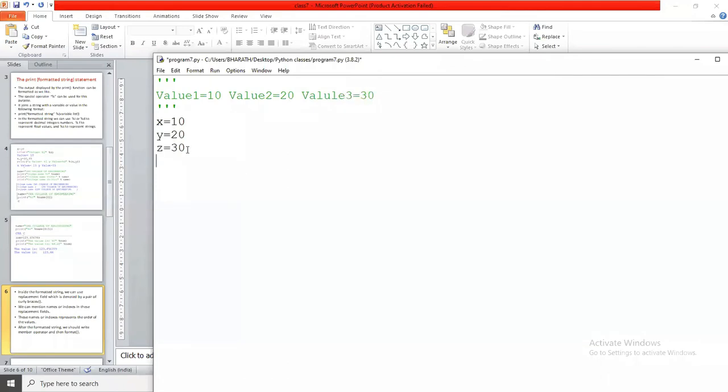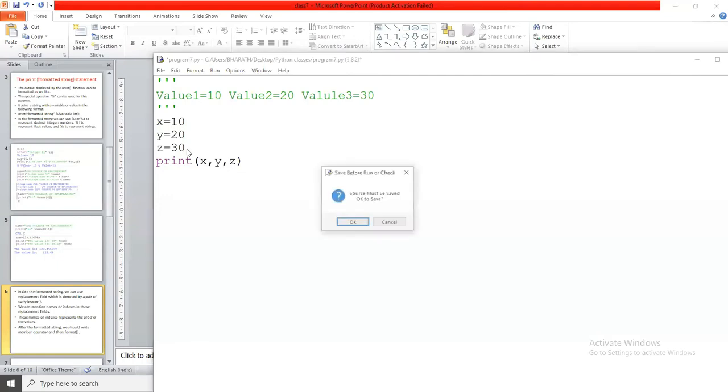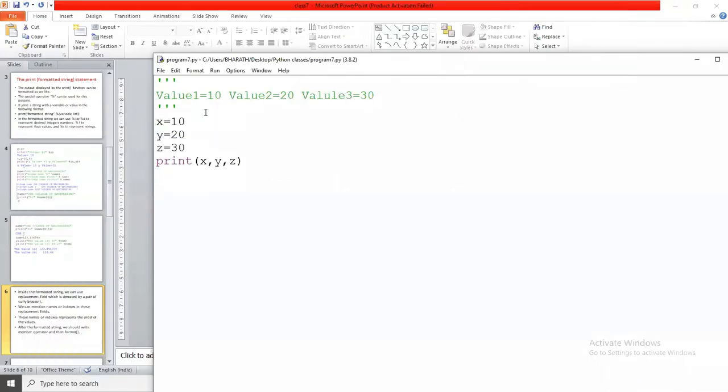So how can we print the data? By using the print function. If I print x comma y comma z, then it prints like this: 10, 20, 30. But I want to print the data like this: value 1 equals 10, value 2 equals 20, value 3 equals 30. So I use the format function. How?